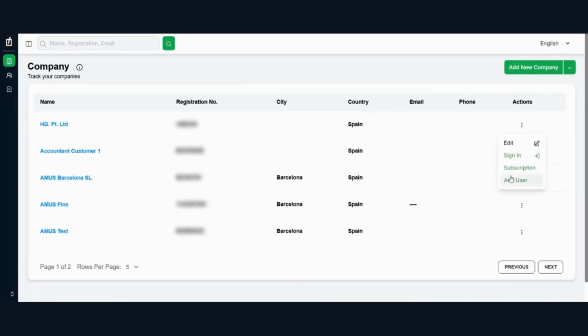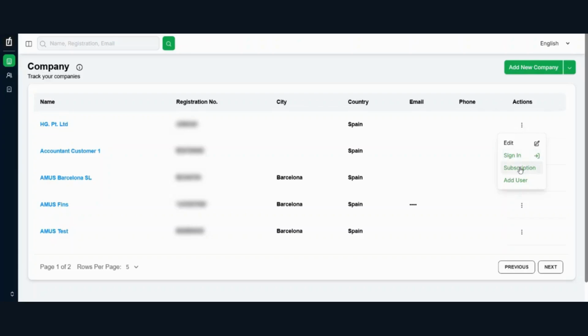Now you can see here in any company you get four things in your action option. Here are edit, sign in, subscription, and add user. Okay, so if you want to edit your company, simply you can edit from here. And if you want to access this company's invoicing portal, simply you can log in via here.